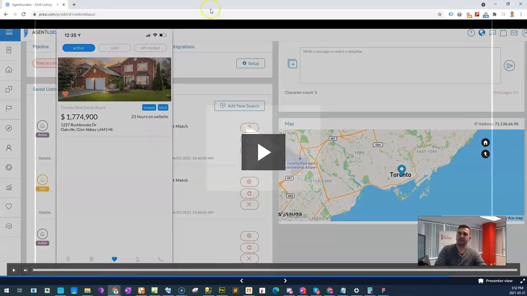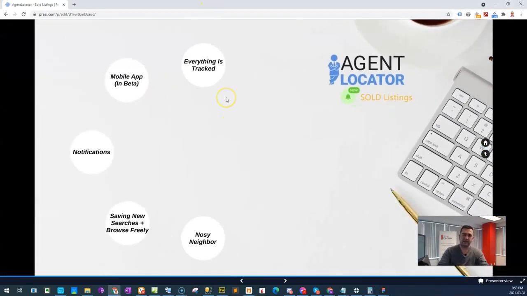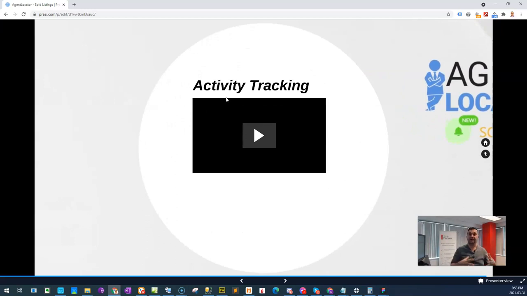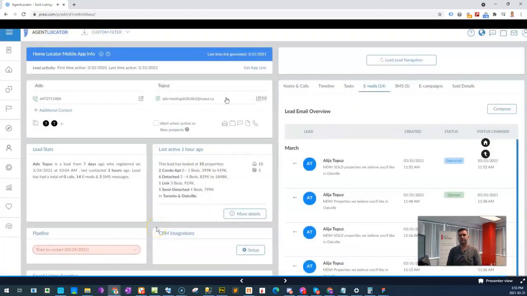All right, so the next part of this is looking at combining it all together. What do you get to look at in the back end and the CRM system of what your leads are doing, or what your clients are doing with these listings? So last but not least, everything your leads or your clients do on your website